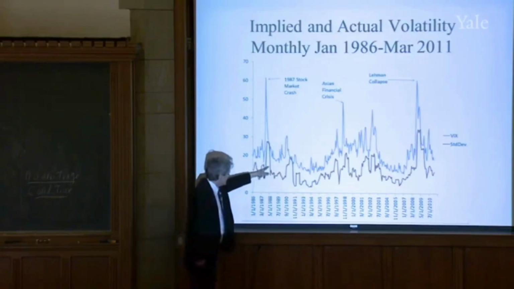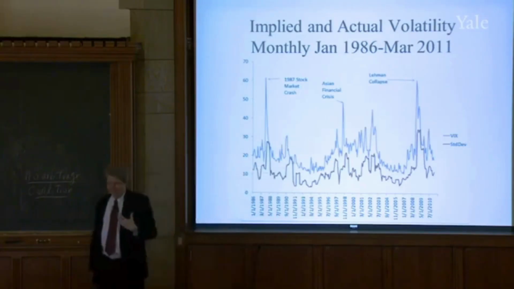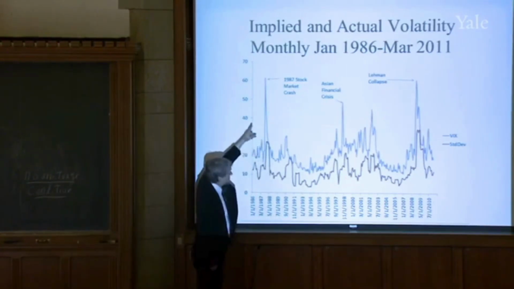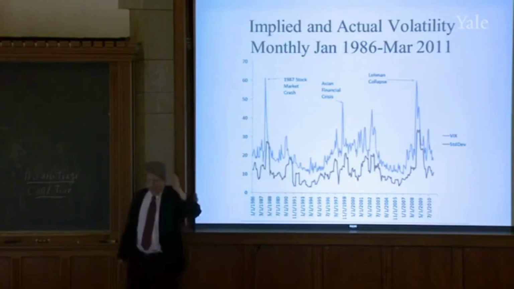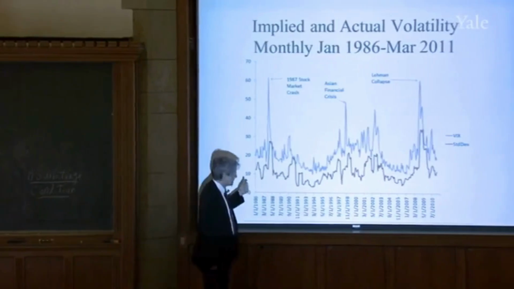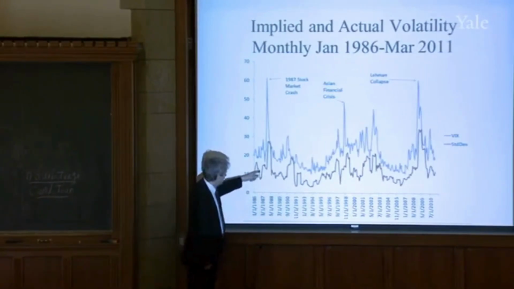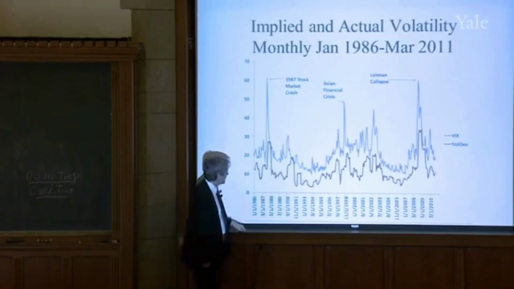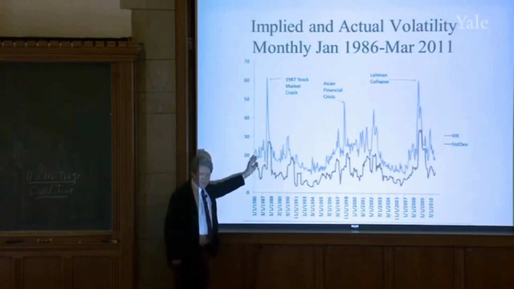My actual volatility, now this is, I calculated this for each date as the volatility of the market over the preceding year. Well, since I put October 1987 in my formula, I got a jump up in actual volatility, but not nearly as big as the options market did. So the options market is looking ahead, and I have no way to look ahead other than to look at the options market. So to get my actual volatility, I was obliged to look at volatility in the past. And it went up because of the 1987 volatility, but not so much.